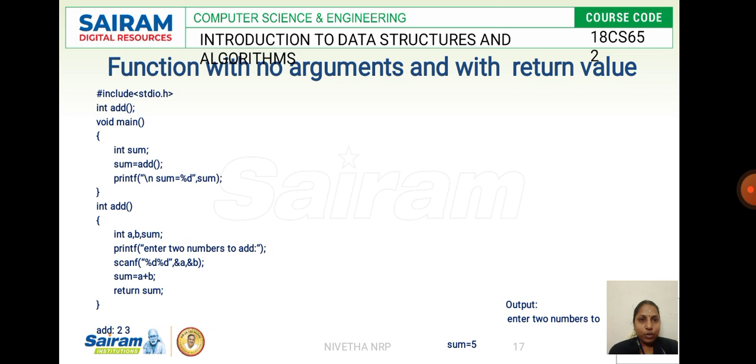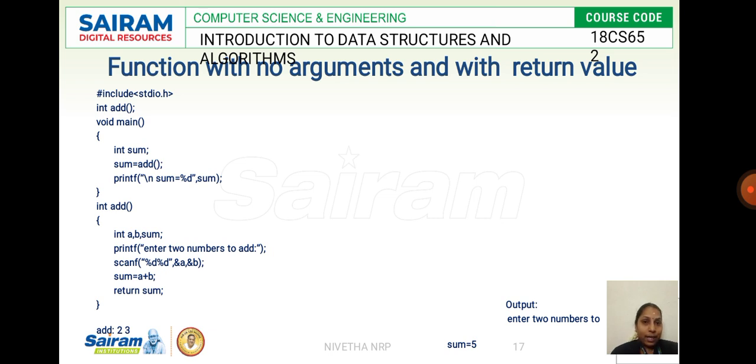Next, function with no argument but with a return value. See here, you have main function. You give int sum, you've defined sum as the add function, then you print the value of sum. Okay, when the function call sum is equal to add happens, it goes to the called function.